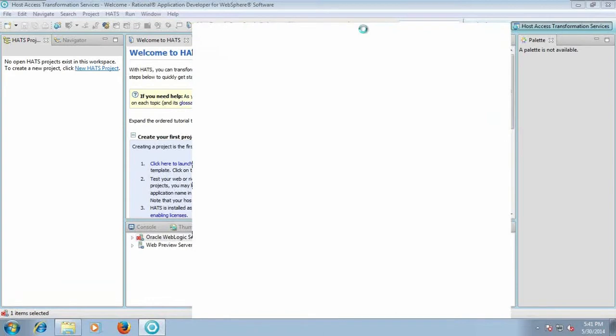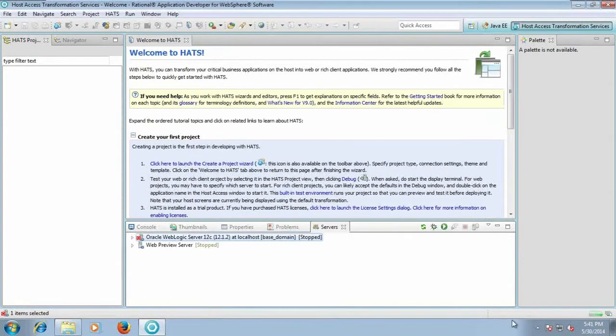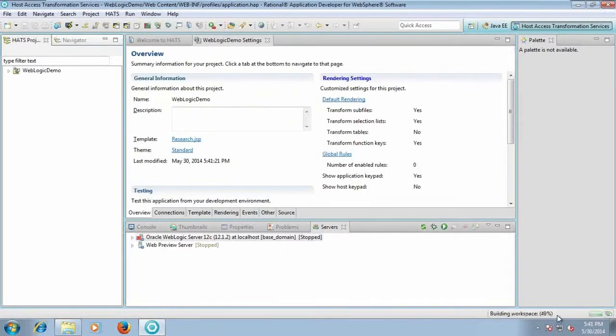You can see at the bottom some processing is going on. Building your workspace, validating WebLogic demo.